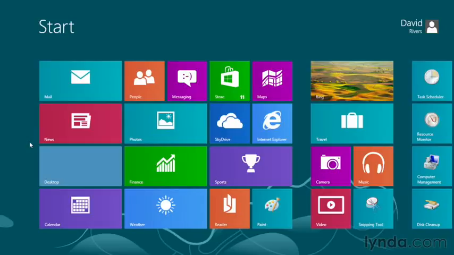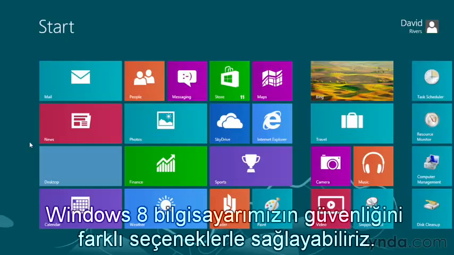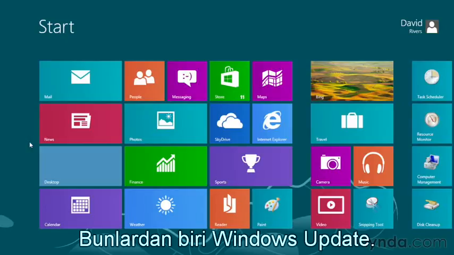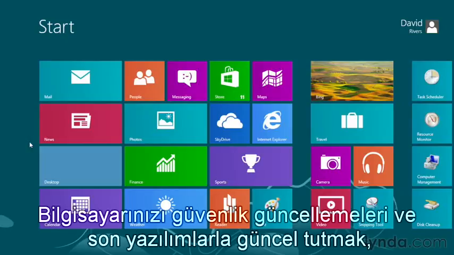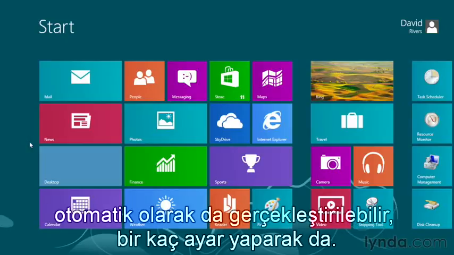Well, let's face it, we live in a world where computer security is very important, and keeping our Windows 8 computer secure can be accomplished through many different options. One of them is Windows Update. We're going to look at it now. Keeping your computer up to date with the latest software and security updates can be achieved automatically or using a